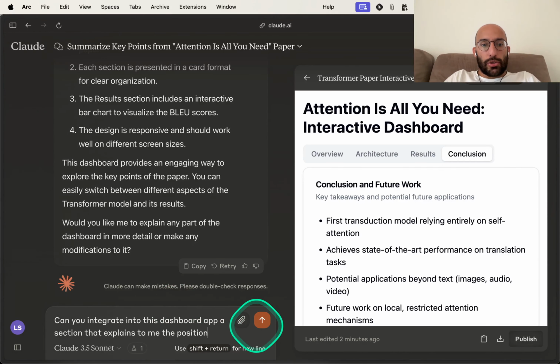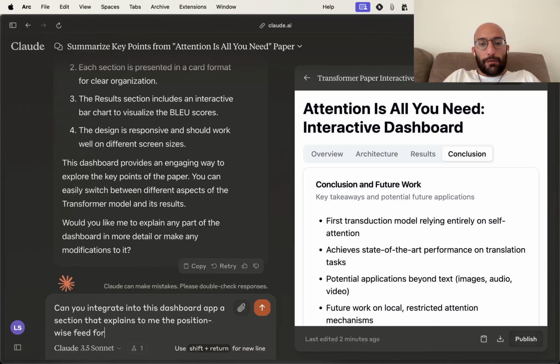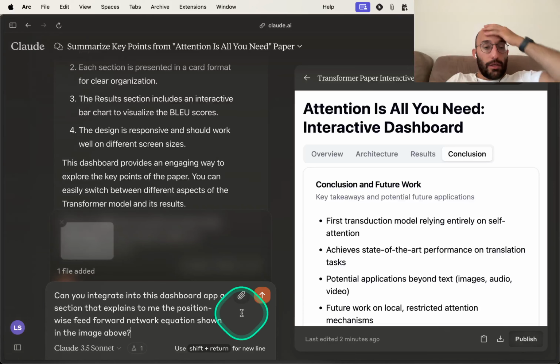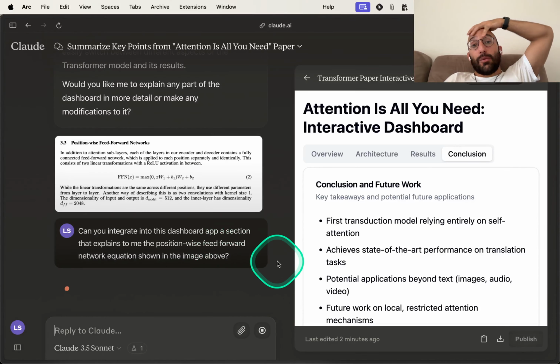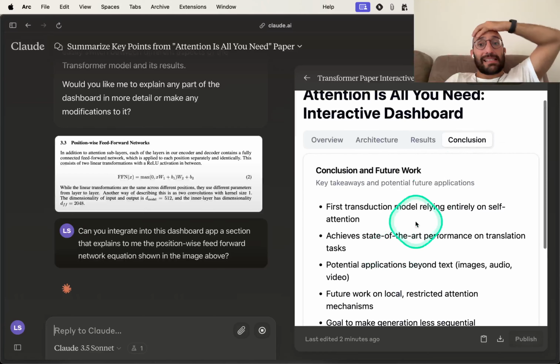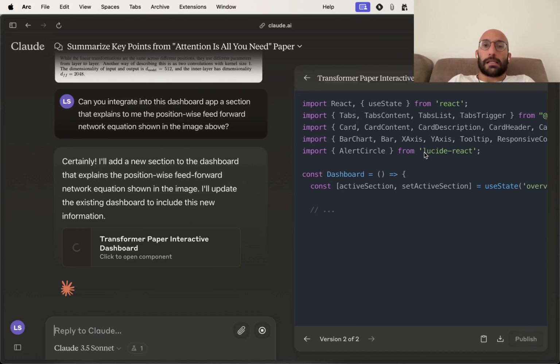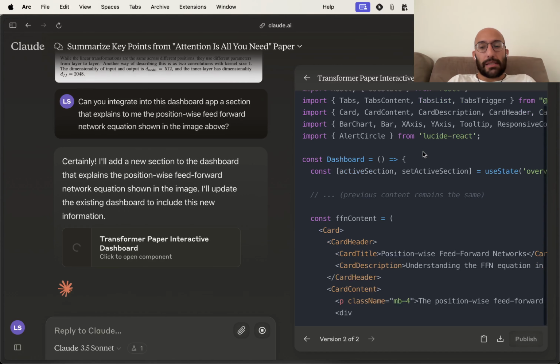The position-wise feed-forward network equation shown in the image above. And then I just paste that image here. And let's see what happens, right? Let's see if we can get this dashboard app to integrate even this into its representation of the contents